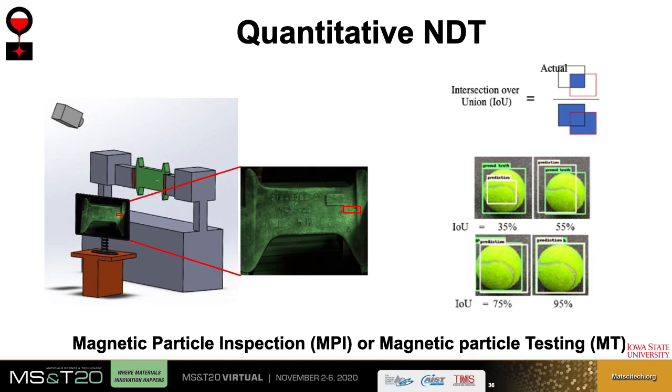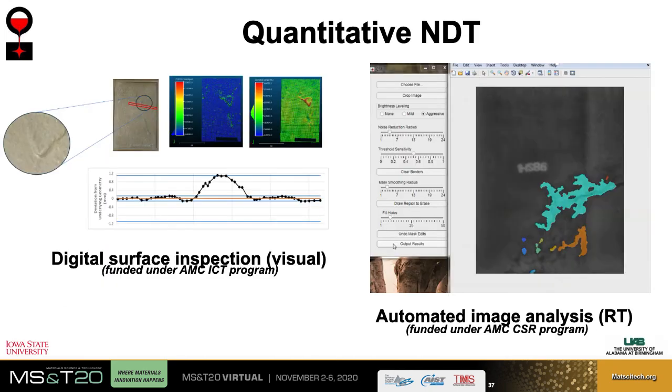Under the DID program, we are working towards developing quantitative NDT methods, and the early work has been on improving gauge R&R of magnetic particle inspection. We are identifying the sources of measurement error, and we will aim to minimize them. We'll also develop aids to help inspectors in identifying indications. We are also leveraging research projects which are sponsored under different programs. Iowa State is developing a digital surface inspection that aims to output a single surface roughness value from scanned data of the casting surface. UAB is developing a semi-automated image analysis to identify indications in digital X-rays.